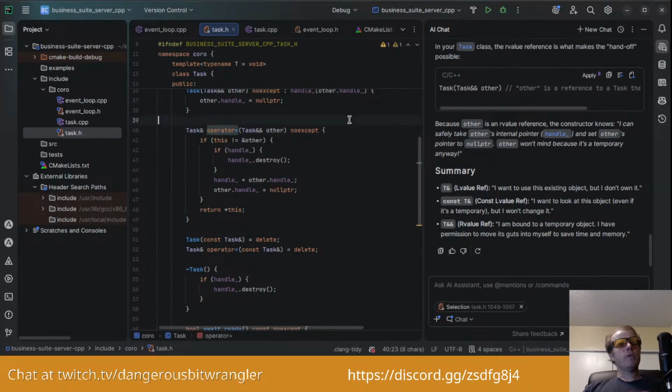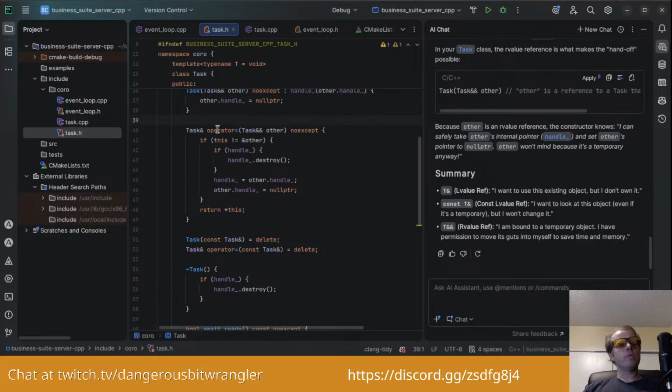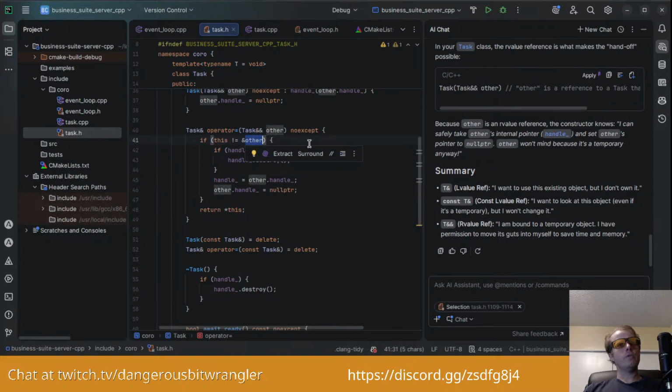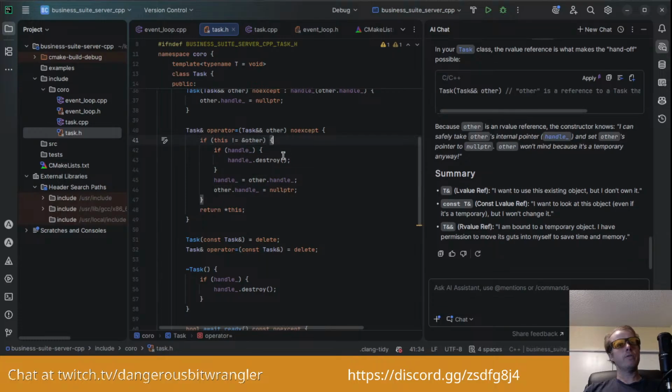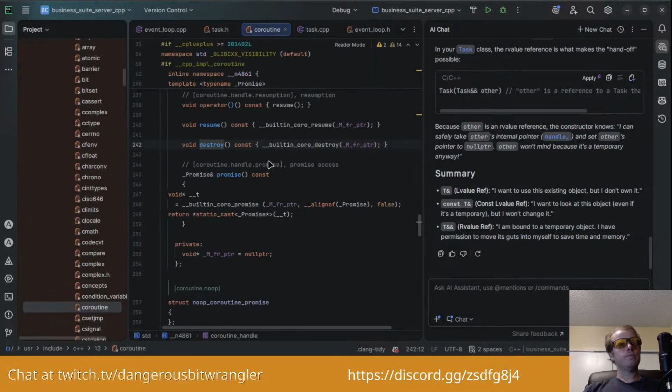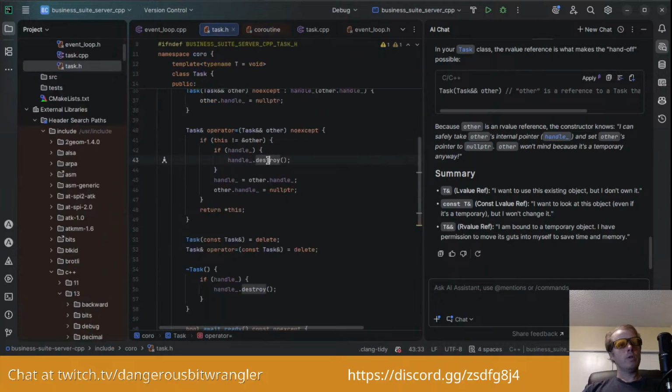Okay, so there's an operator= function that takes in a Task. If this is not equal to the current other, destroy it. That's an internal method on the coroutine.